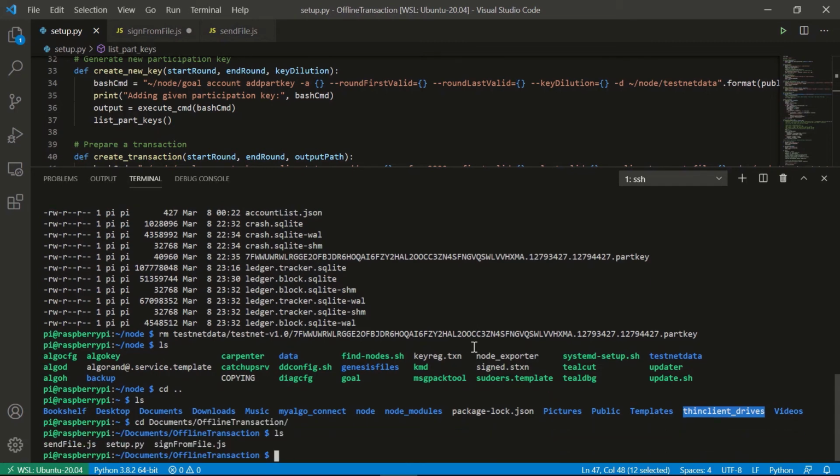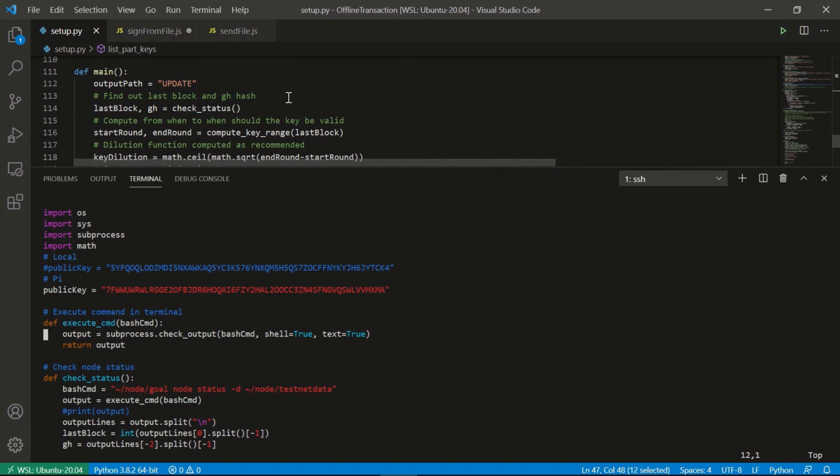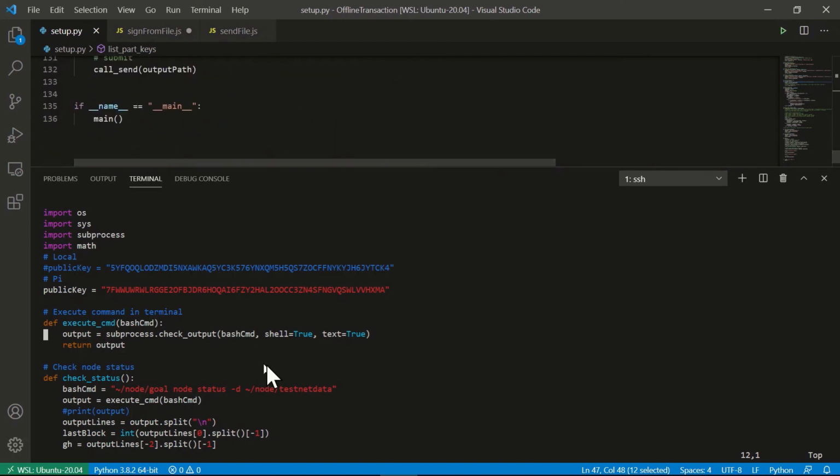And here we have basically the three main scripts, which I already have prepared, and I have them updated with the corresponding information which I generated before. So I can just briefly navigate to the setup.py, and we can just go through it. So here we see that we have the public key, and we can navigate to the later section, such as the line 132,